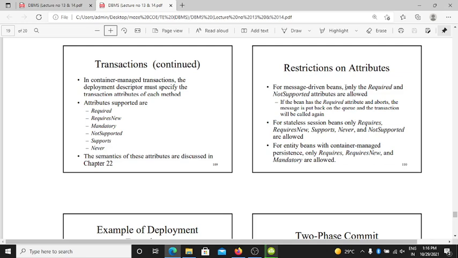If the transaction fails, the message is put back on the queue and the method is called again. Okay? For stateless session beans, the entity requires, because requires new supports lower and not supported higher. For message-driven beans with container managed transactions, persistence only requires new or not supported.